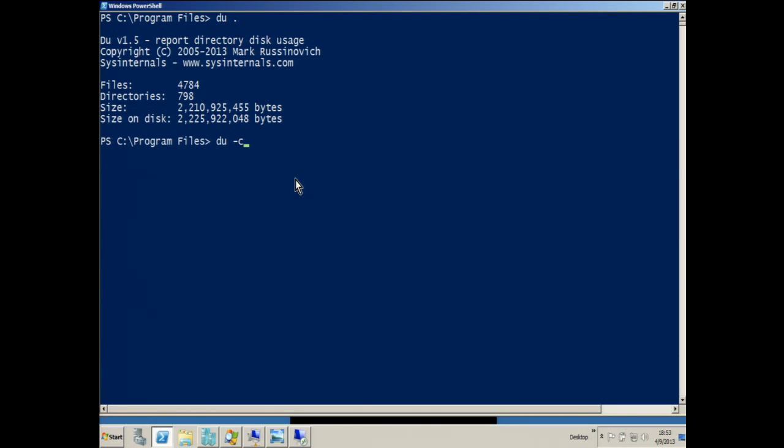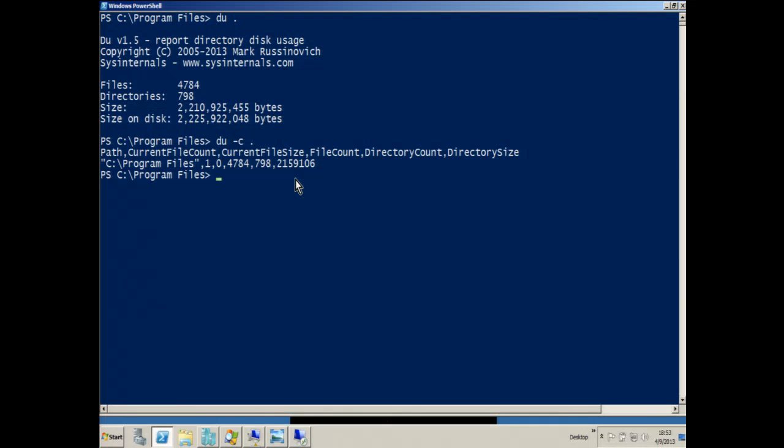DU-C is a relatively new option that will show you that as comma-separated values. And there's a new version of it that just came out that adds a bunch of new information. So instead of the information it used to show you, now it shows the path for each directory. Let me do a -V here, or -L2, so I'm going to go down 2 levels.